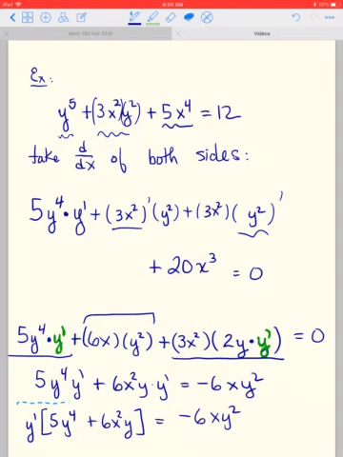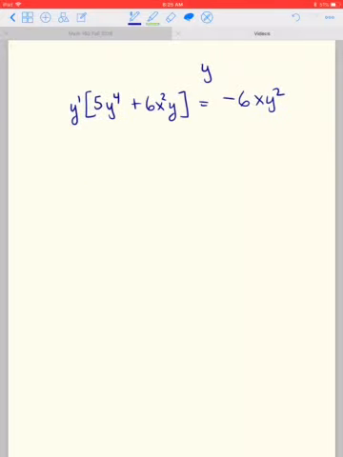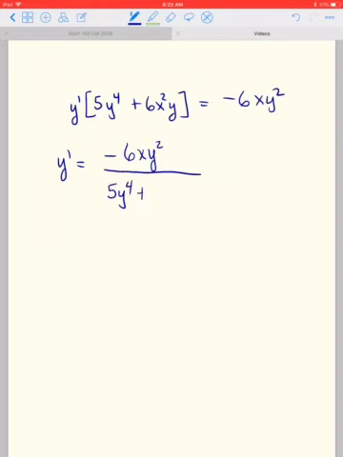And then let me just copy this to my next page. This is our last expression. And now I'm just going to solve for y prime. So y prime is going to be minus 6y squared over 5 times y to the fourth plus 6x squared y. Okay. So this is